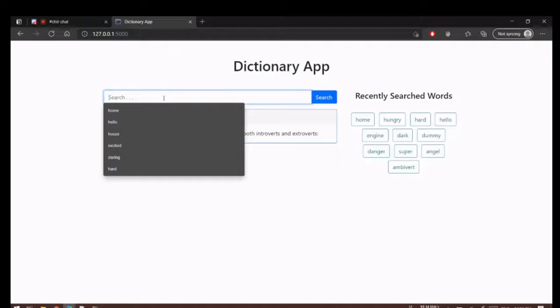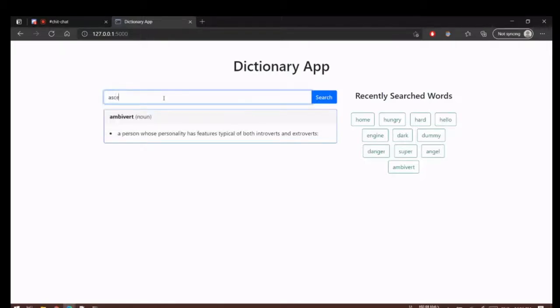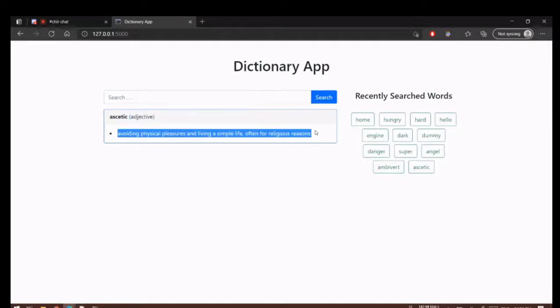When you search for a word, say "ascetic," it will go scrape the web for that word. It will extract its part of speech and also its meaning, and the word will be added to the cache, and all the words that are present in the cache can be seen here.